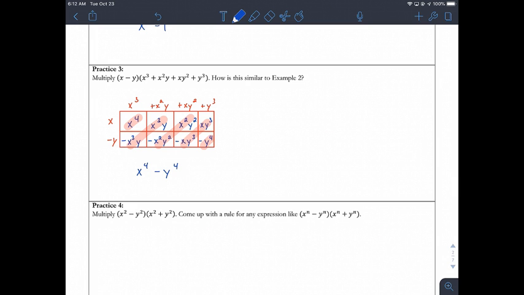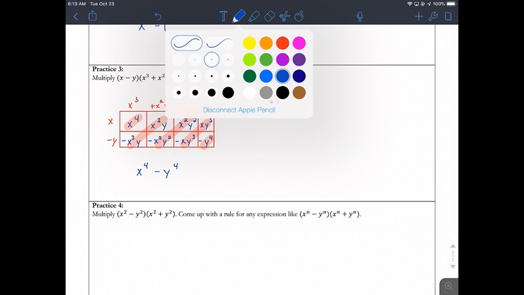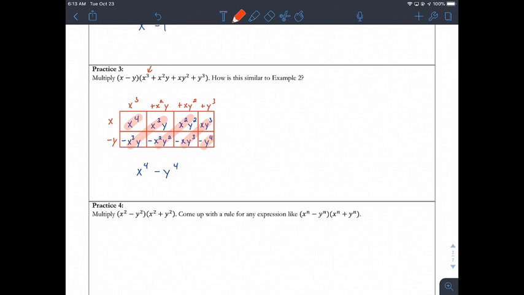We know that if we have a situation like this where the exponents on the x's are going down while the exponents on the y's are going up, then we can, and we've got this x minus y at the front, then we can say that if we have x minus y